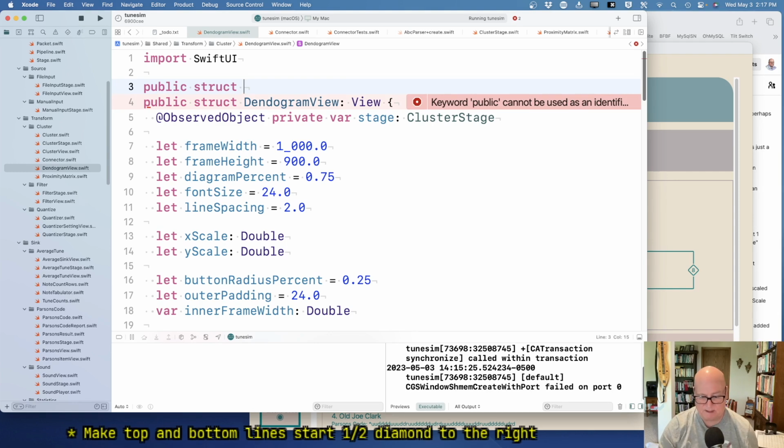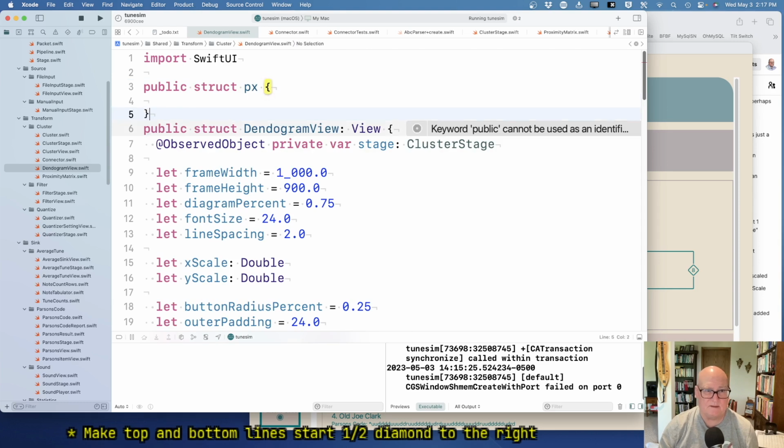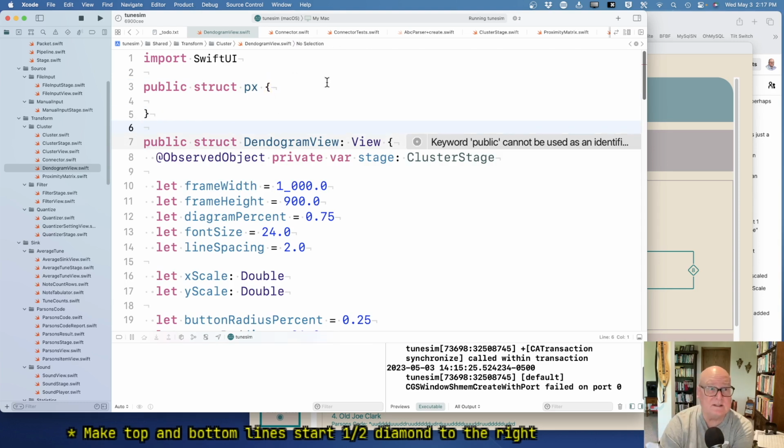I almost want to call it like PX for pixels. Now let's see how this looks. It's a little weird to not capitalize it, but sometimes I think that gives a better feeling to it. All right, so all I want in pixels